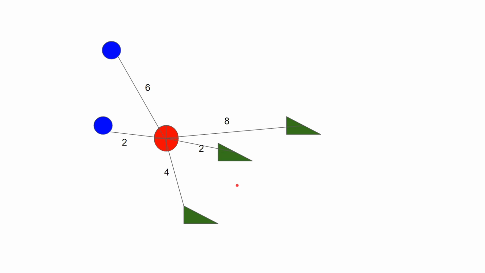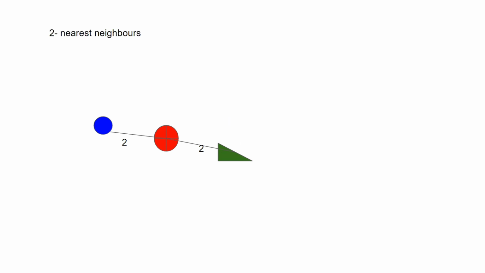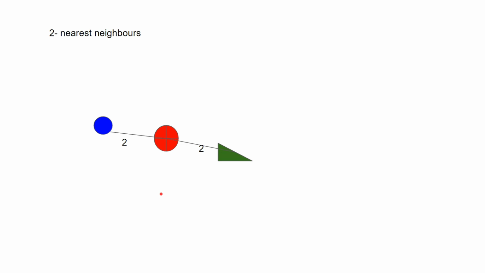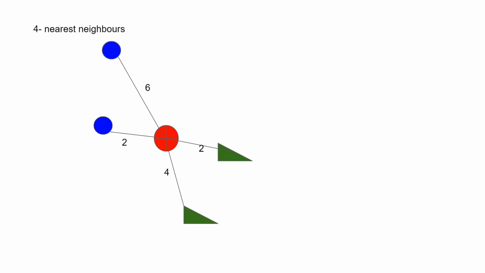Many of you might have heard before that we usually don't take the value of k to be even. We prefer having an odd value of k. Let's look at what the reason for that is. In this example itself, if I take the value of k to be 2, then I get this situation. So here I see that I have one point belonging to each of the classes. So I have no clear answer. Similarly, for the case of k equal to 4, I have 2 points belonging to each of the classes and again no clear answer. This is the reason.